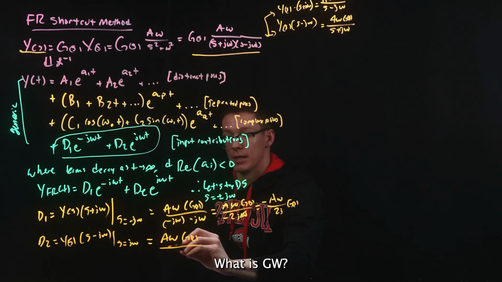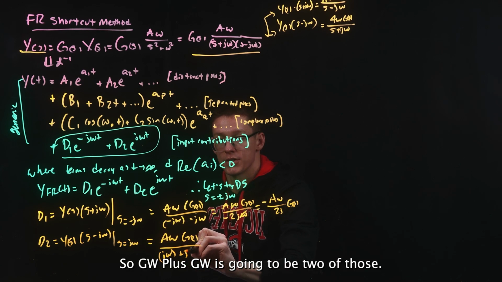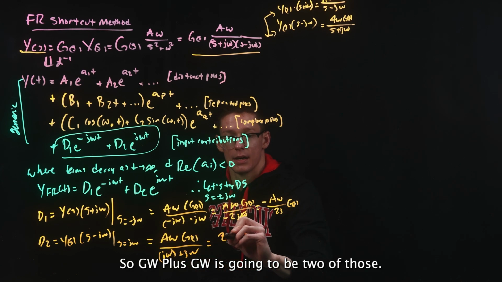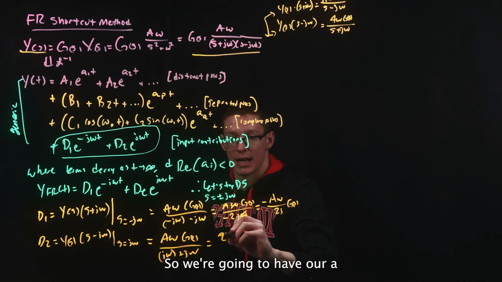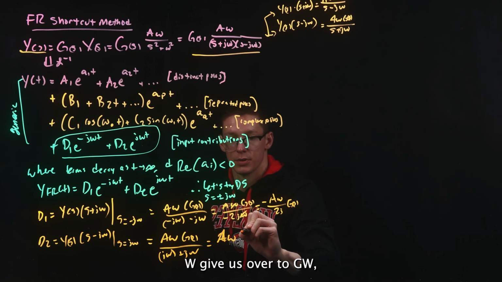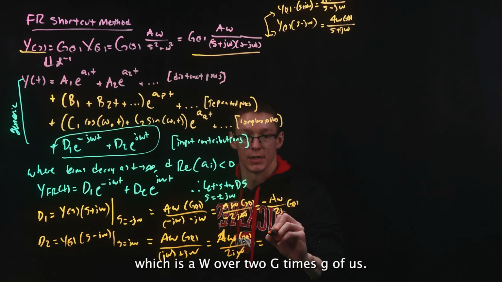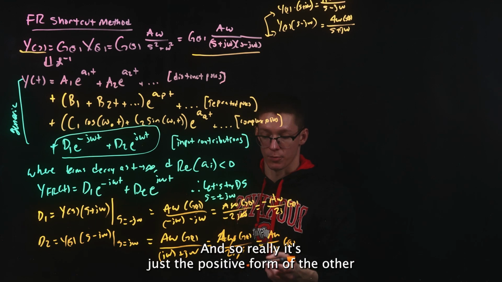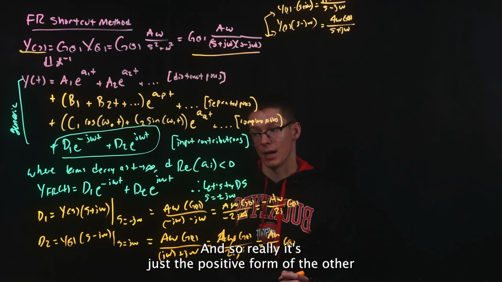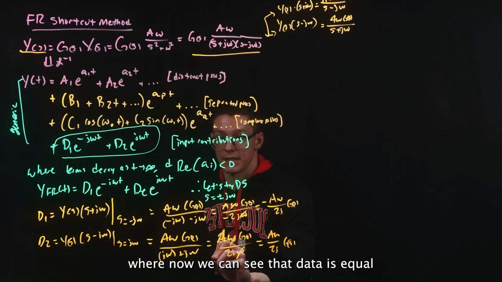Well, s is jw, so jw plus jw is going to be two of those. So we're going to have our aw g of s over 2 jw, which is aw over 2j times g of s. And so really it's just the positive form of the other,